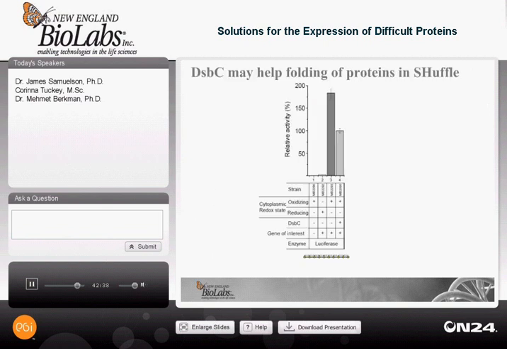We then had the hypothesis, as we said, that DsbC should increase the fidelity, but the disulfide bond forming machinery in the cytoplasm is much different than in the periplasm, so we wanted to test that idea. What we did is we took three proteins and expressed them in the cytoplasm of oxidizing cells that either have DsbC or not. The dark bar represents cells that do not have DsbC, and the light gray bar represents cells that do.